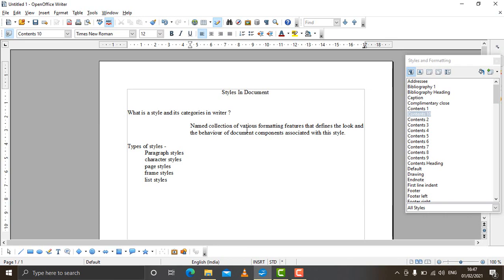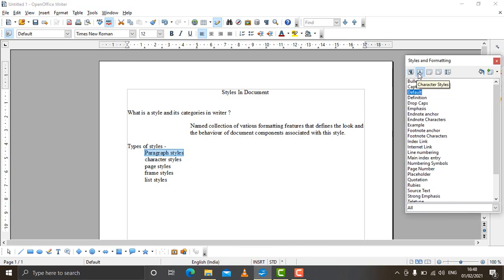And if you want to apply a formatting style, a text style, to a text, we need to select the text. Suppose you want to make changes in this particular text. Select paragraph styles, come to text style, that is character styles, and double click on any. So you can see this is being changed, the style is changing. This is quite a simple and quick method to apply styles on the document.